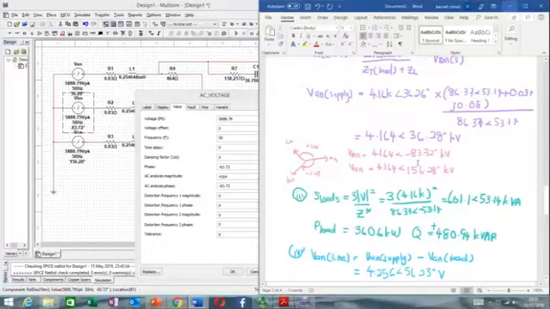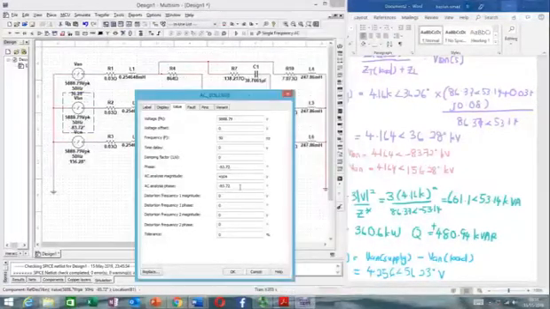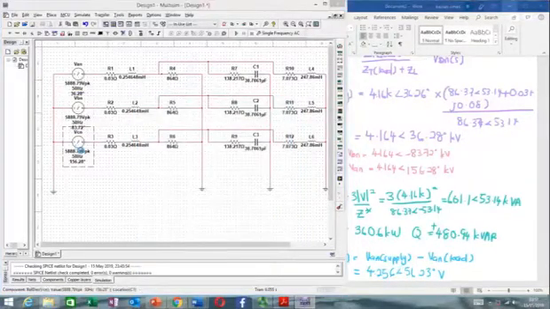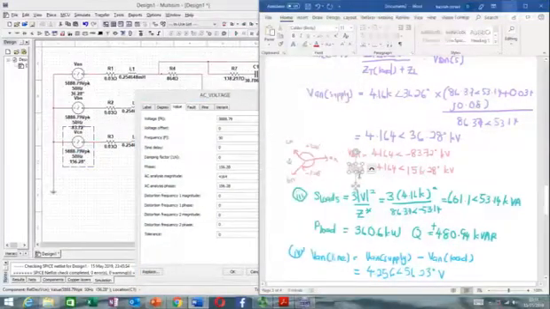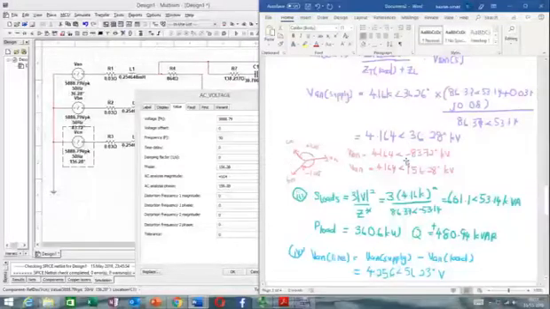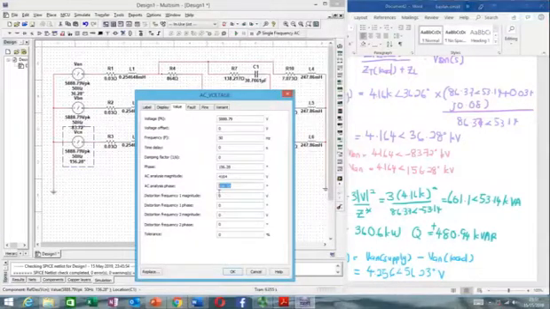VBN has the same peak value for phase value, and the angle will be different. So just key in here the angle, and this one is same. Okay, and CN, this one is not AN, this is CN. Yeah, AN is this one, so this is CN. So the angle is 156.28. Okay,